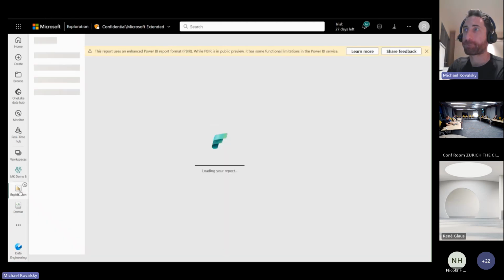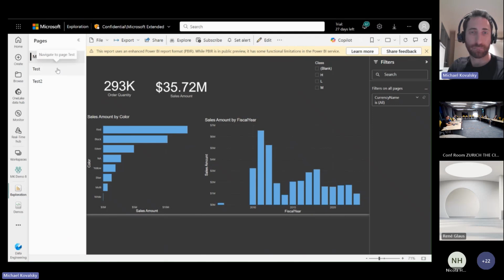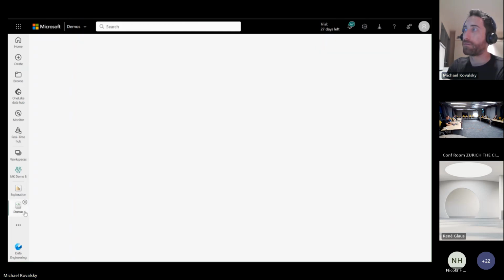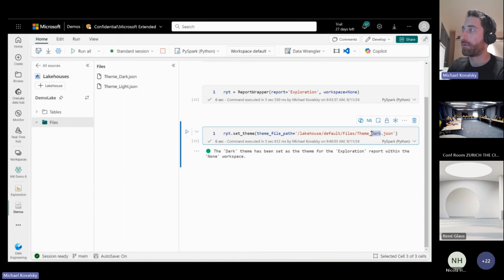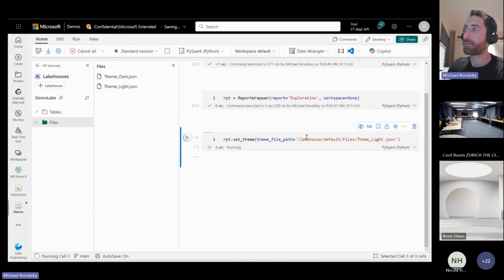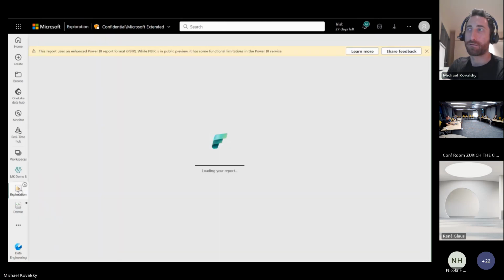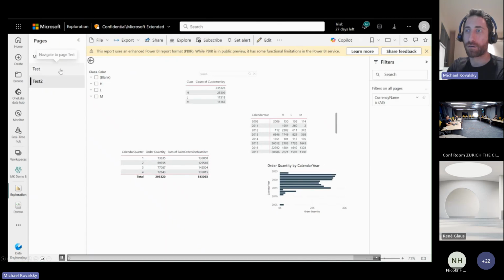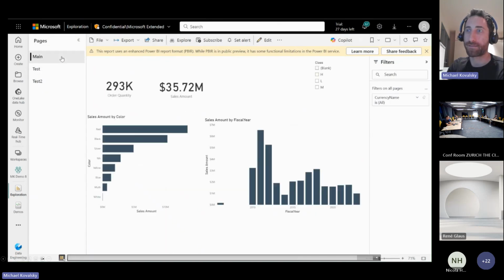Go to our report, just like that. It's in dark mode. Let's now change it to light mode. Run it. Just like that, it's done. And the beautiful part about this with Semantic Link is that you can not just do this for one report,